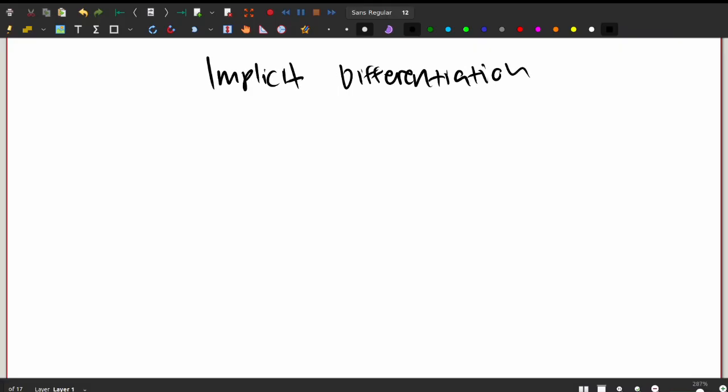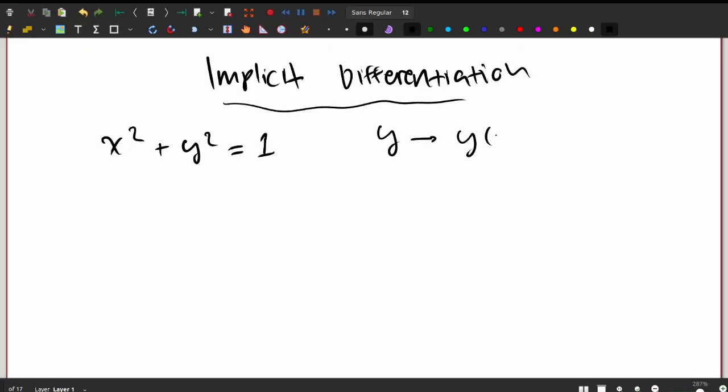Some functions or some relations are written in terms of both x and y, like this equation of a circle, where it's x squared plus y squared is equal to r squared. I'm going to say it's 1 for simplicity's sake. Let's say we wanted to find the derivative of this. Well, firstly, we could isolate y by moving it to that side and square rooting the whole expression, but that's a lot of work. We can simply use implicit differentiation, where we assume that y is actually some function of